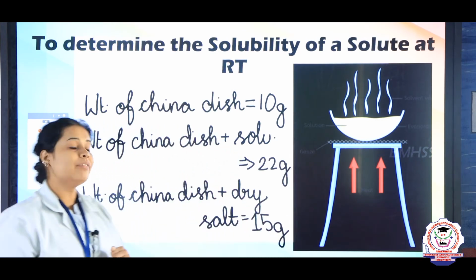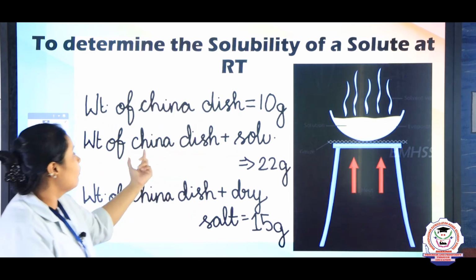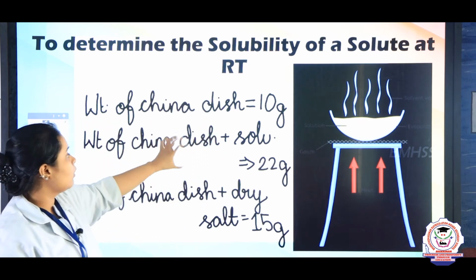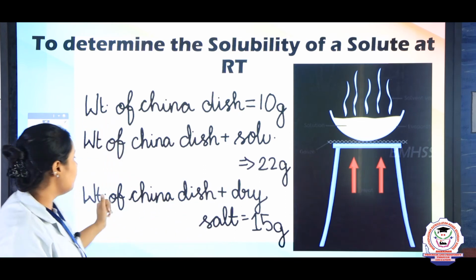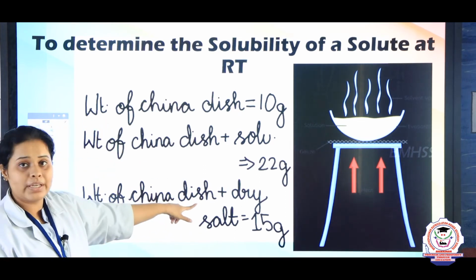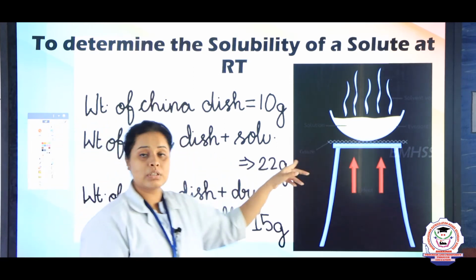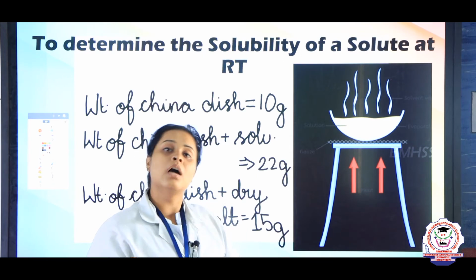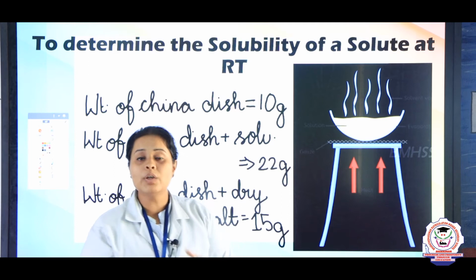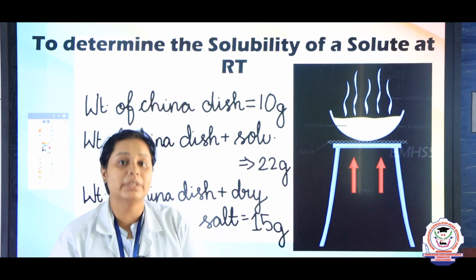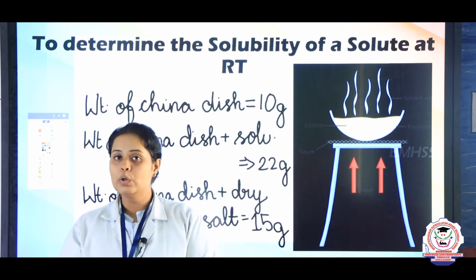Okay. Now you have the weight of the china dish which you have to reduce, or we have to remove it from the solution. When you take out the china dish weight, the weight of your solution will become 12 grams. Same way, if you take out the dish weight from here it will become 5 grams. So now you know the weight of your solution, you know the weight of your solvent or solute here. After that, when you put these inside the formula, you will get to know the solubility percentage and at what particular temperature. Here we have taken the room temperature, right.